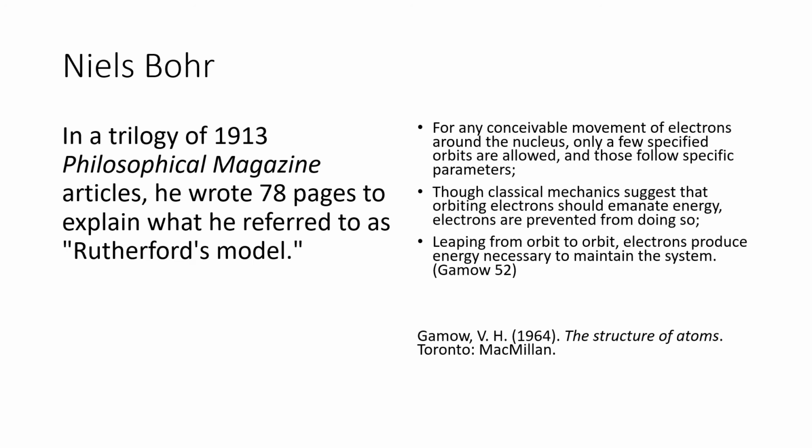Bohr doesn't use the solar system analogy that a lot of times is attributed to him, and that problem was trying to deal with that 3rd bullet point on the right, the idea that what the electrons do to maintain their energy is they jump from orbit to orbit. And of course, planets don't do that. So this is the start of the breakdown of the solar system analogy, and with the beginning of describing the structure of the atom mathematically.